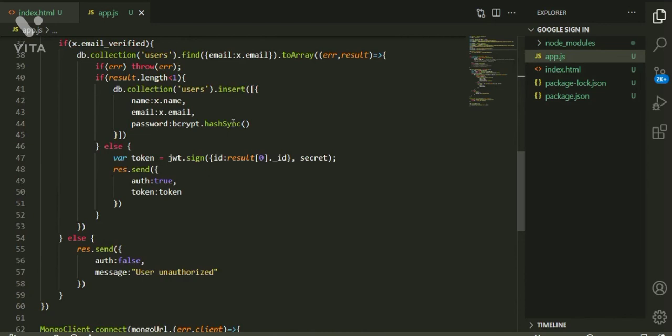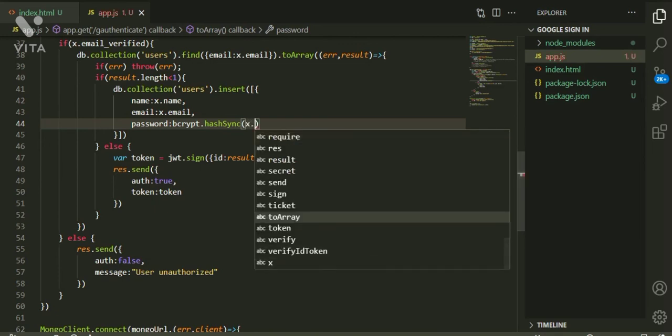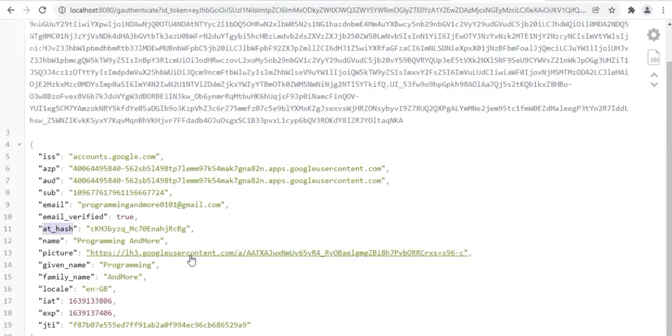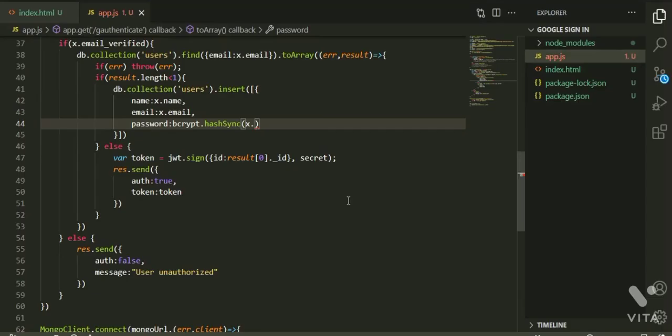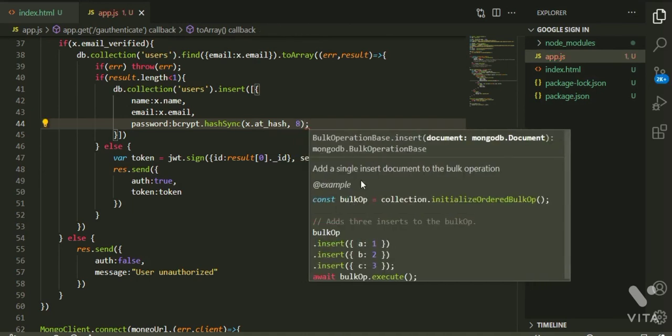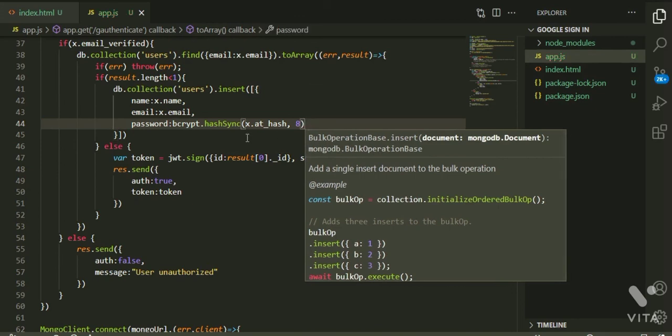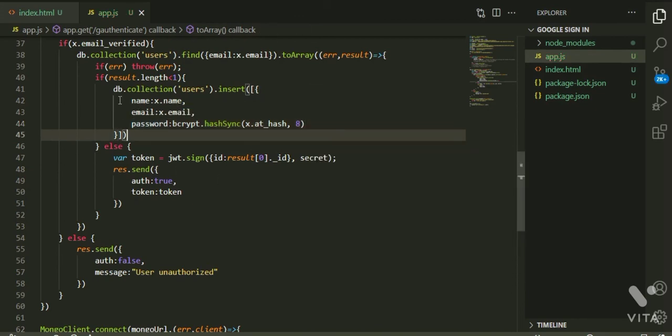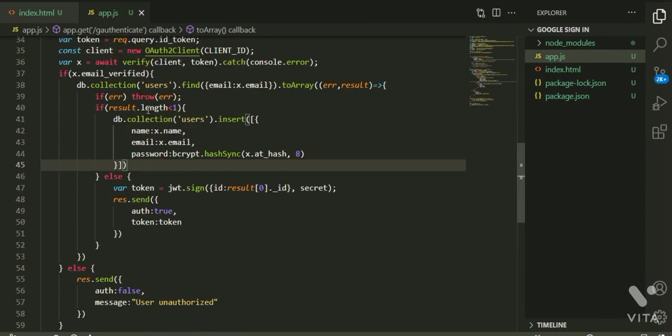Password equals bcrypt.hashSync, x.at_hash, we'll use at underscore hash, comma, the number of rounds of salt, which generally I use 8. Sorry, here the semicolon should not be there, and that's it. So we have registered the user.